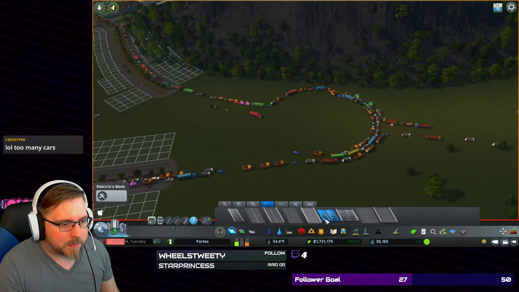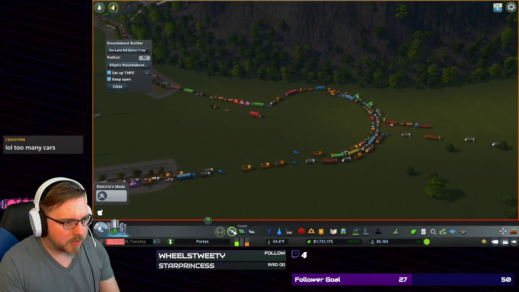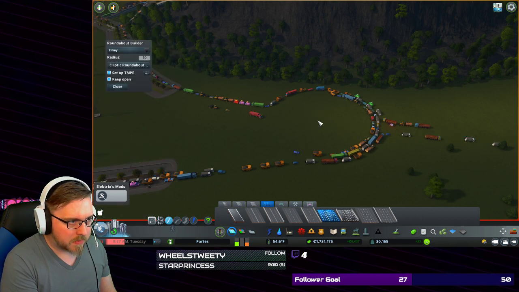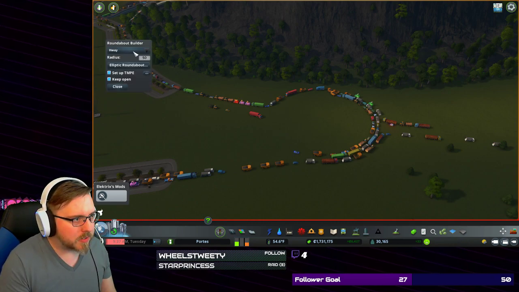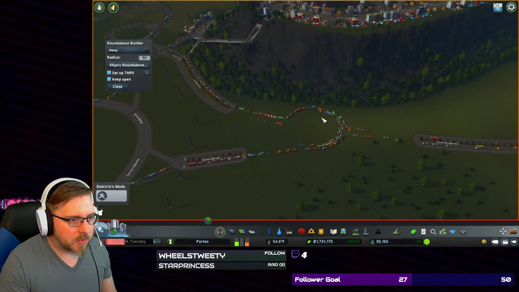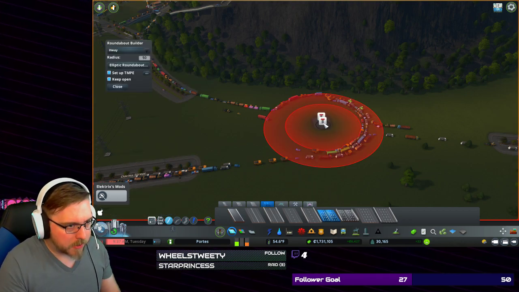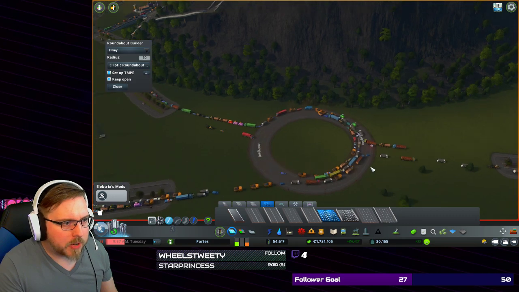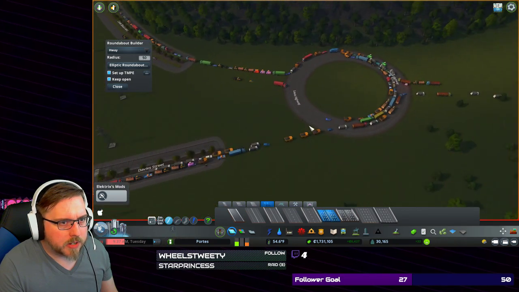Let's get our highway. Let's see. At least I would like to get it to... Oh, that's right, you have to have at least one segment of road. There we go. Okay, so we have our highway here. Then what we're going to do here...